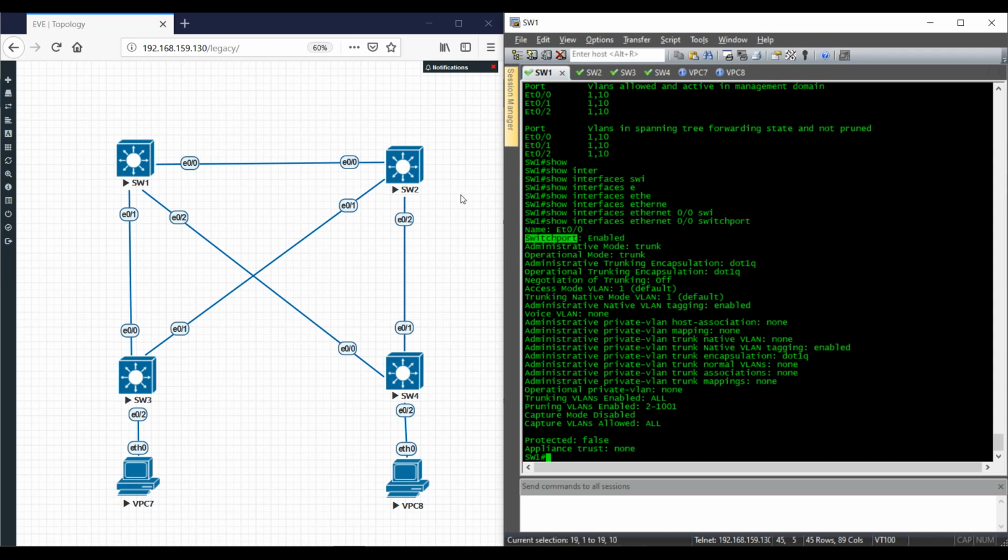It's going to tell you if the switch port is configured as a switch port or a routed port. It's going to tell you its administrative mode, so it's trunk. Basically, we hard coded it as trunk. The operational mode is trunk, so basically we hard coded it as trunk, and then it took its operational mode as trunk. It will also show you the encapsulation, which is .1Q, if the negotiation for the trunk is on or off, your access mode VLAN, your native VLAN, which is by default native VLAN 1,